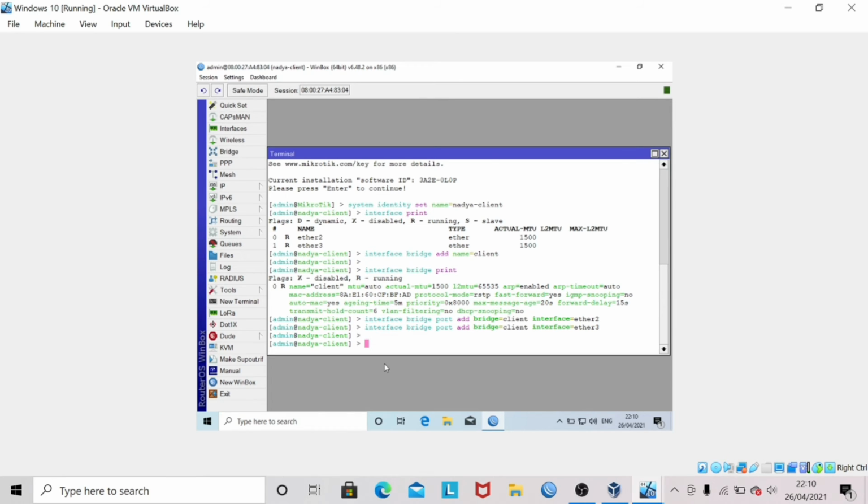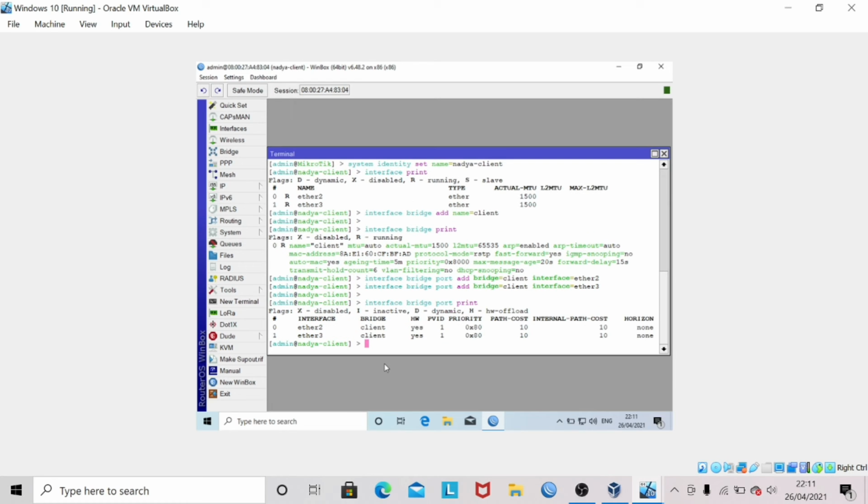After that, check the interface ports that we have added to the bridge interface with interface bridge port print, and you can see that we have successfully added the interface ports Ether2 and Ether3 to the bridge client.